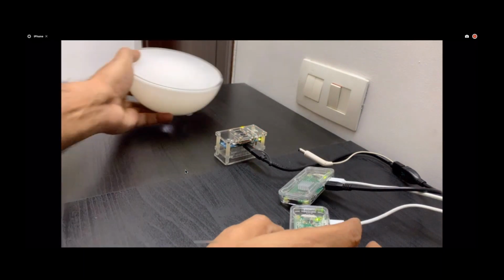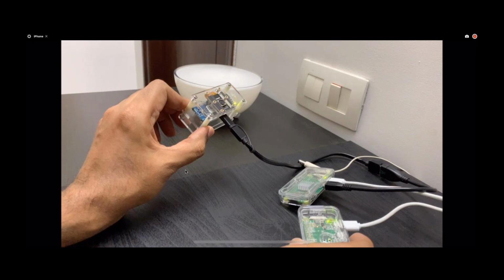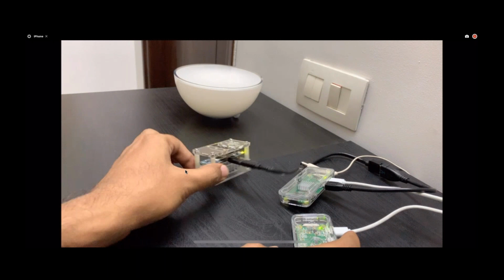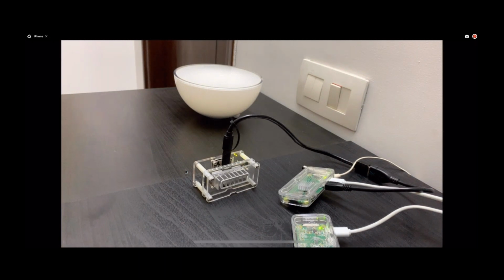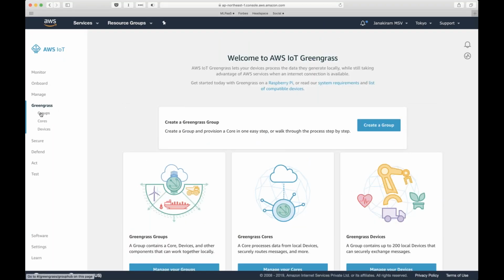So two devices, the smart bulb and the smart camera, and two Raspberry Pis acting as the compute drivers for these two. And what you don't see in this frame is another Raspberry Pi that is actually acting as the edge device, and that is not in the frame. It is running in my lab. I need not show that to you because it is just a Raspberry Pi, and I'm going to SSH into it and show you the software component, but that is the edge. So coming back to the portal,